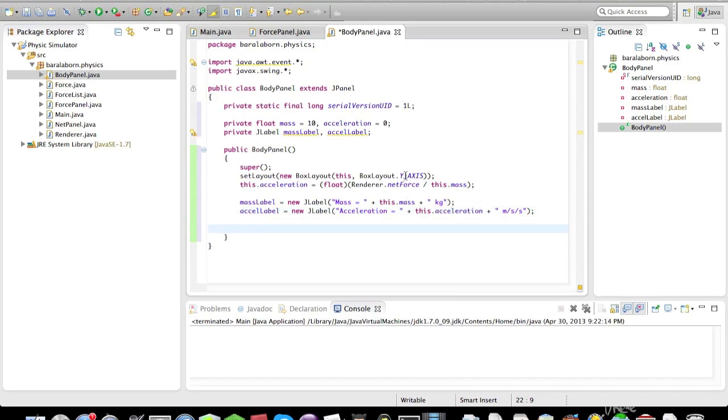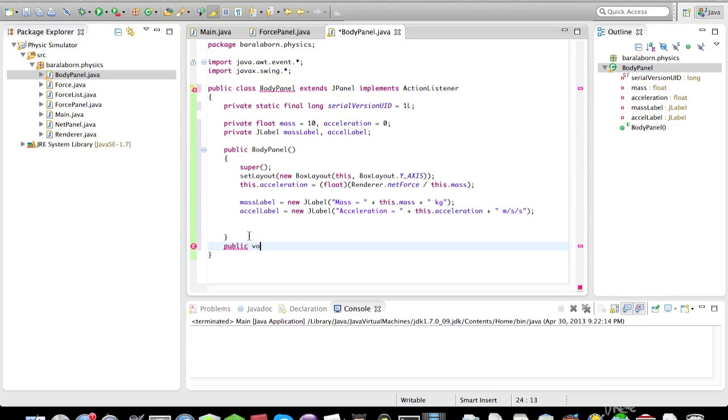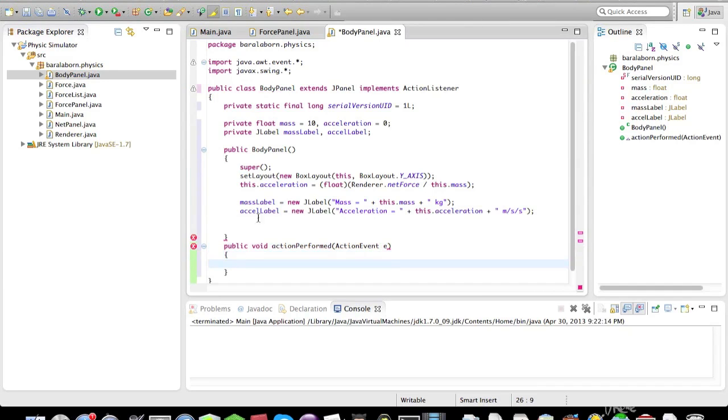Okay, also to make things easier, implements ActionListener, and I'll just lay that out. Public void actionPerformed, ActionEvent, which to my knowledge extends Event, but events are a bit more primitive. So JButton massButton equals new JButton,